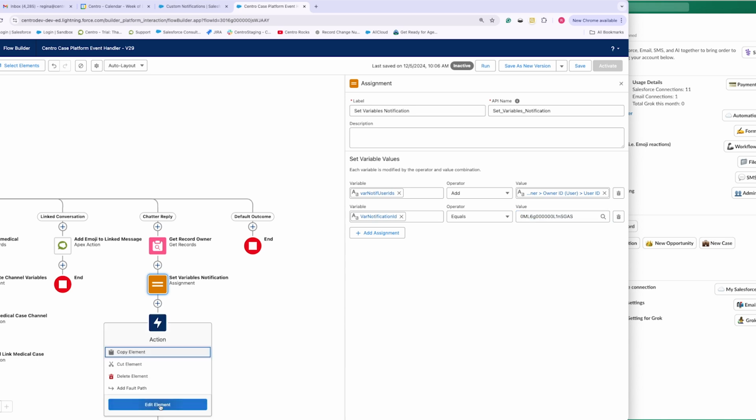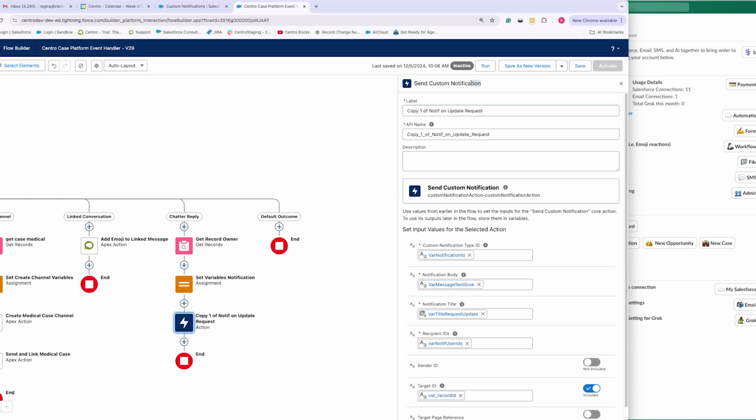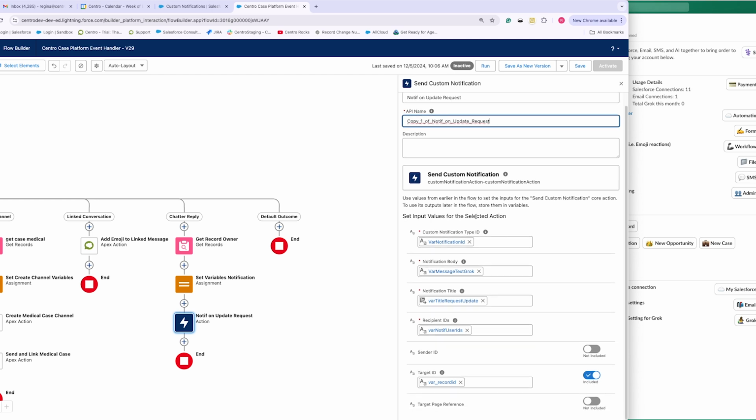Next is the flow element of send custom notification here. So this is just labeled as such. And if you take a look at this, I have to set all of these different variables, and this is an out-of-the-box Salesforce flow element. So I need to set the custom notification ID, the notification body, the title, who it's going to, and then the user, the Salesforce record that it's associated to. So the notification ID is pulled from